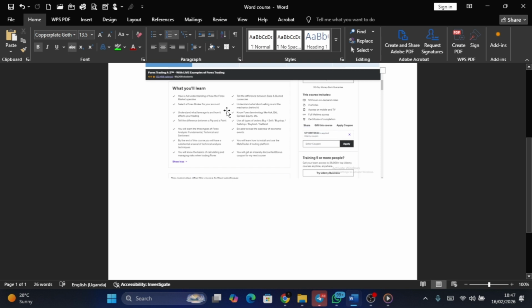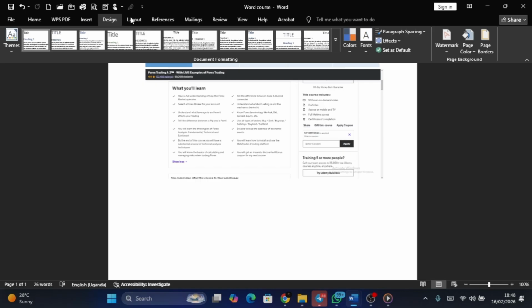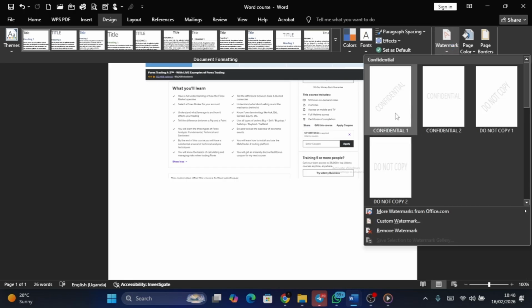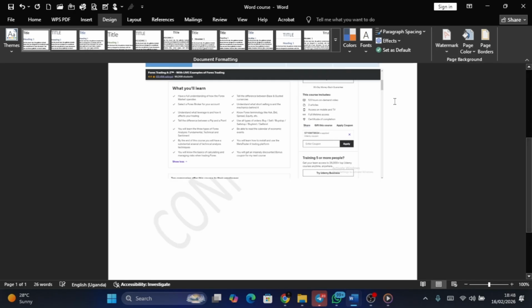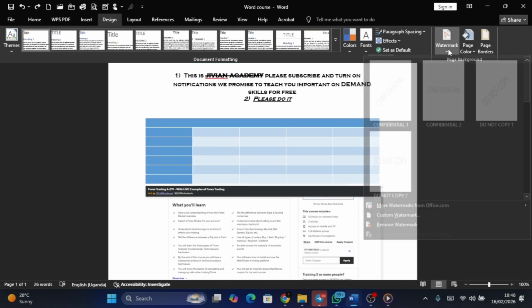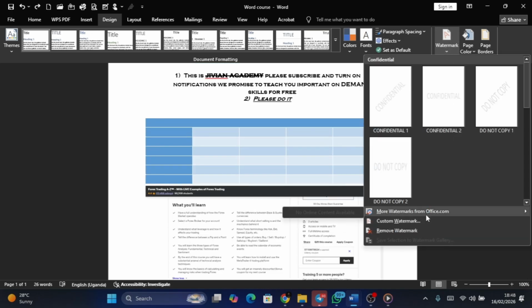Now, when you want to take your Word document knowledge to the next level, you should go into Page Layout and Design. When you come to Design, there are different designs you can do with your pages. You can add a watermark when you want to put one. For example, if we are to release this document and we want to put our watermark, you can say undo. I can undo that watermark, and I want to put a custom watermark